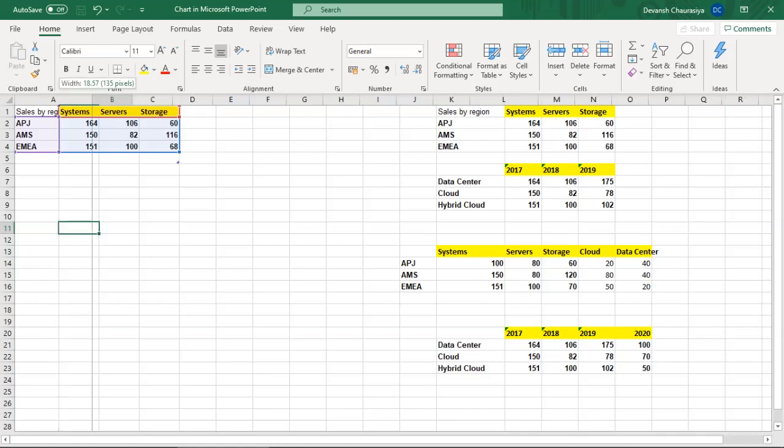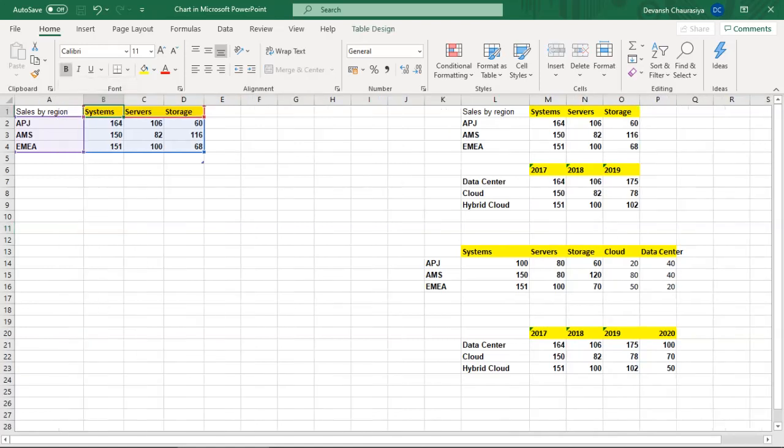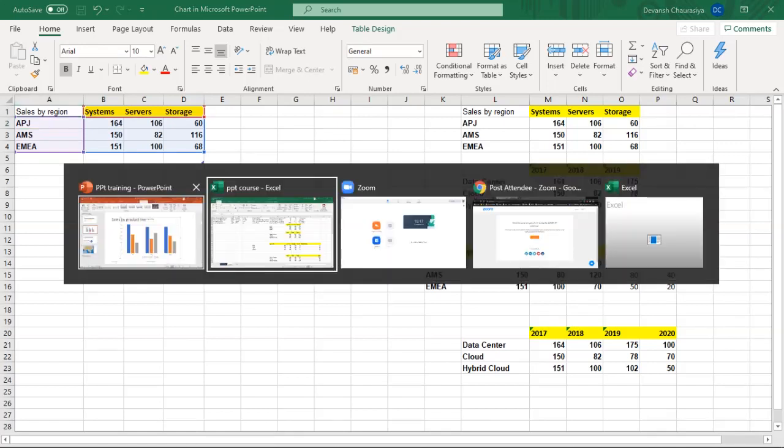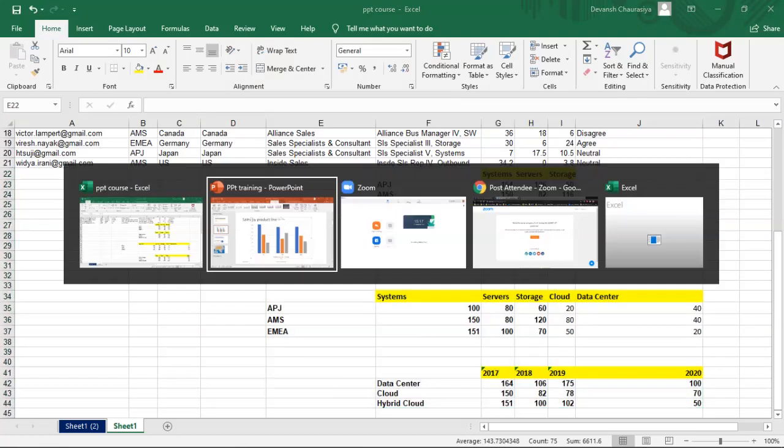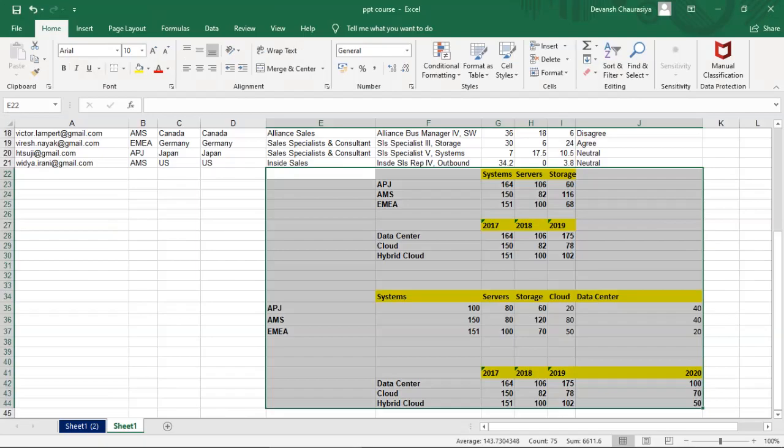I now have data filled in for system, server, storage, 164 APJ. Let us look at the chart. Let me close this Excel. We don't require it anymore.